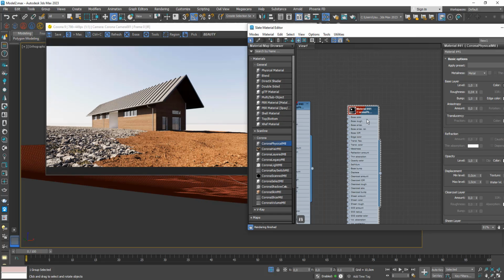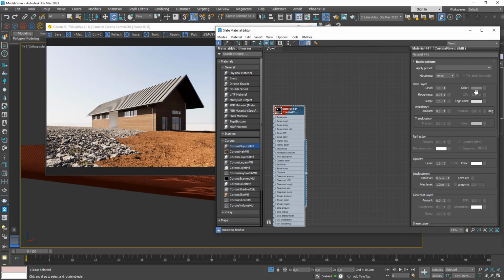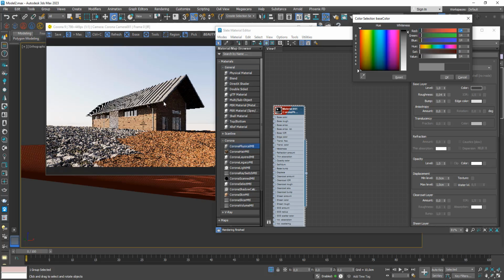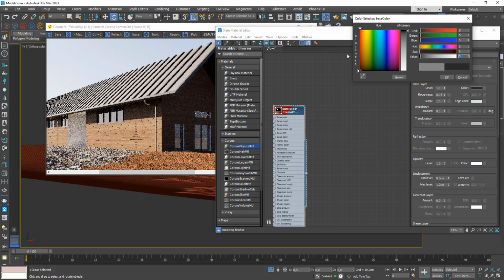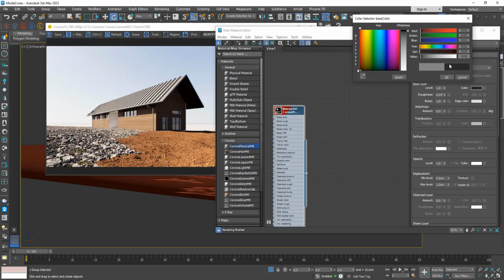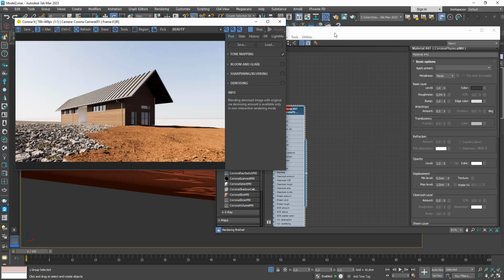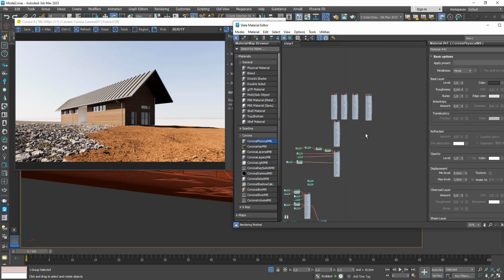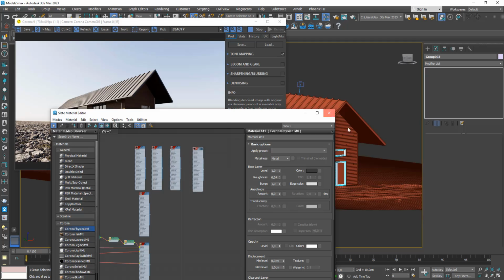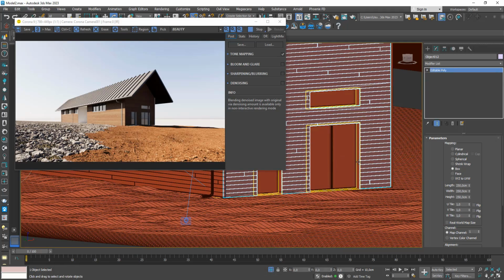Okay, so let's make it a little bit darker. Let's go inside its color. Let's try number 5 on them, and number 10 should do it. Okay, it's looking good. Now what I'm going to do is pick our whole object, which